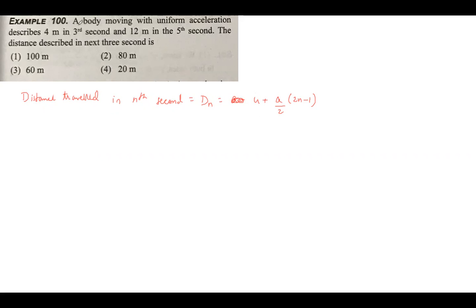So what is given is a body moving with uniform acceleration describes 4 meter in third second and 12 meter in fifth second. The distance described in next 3 seconds. मतलब 5th सेकंड से स्टार्ट होके 8th सेकंड तक का डिस्टेंस निकालना।